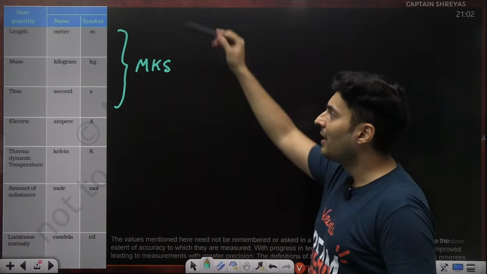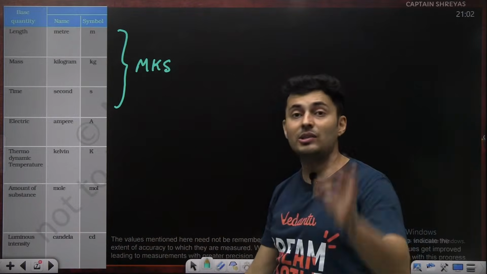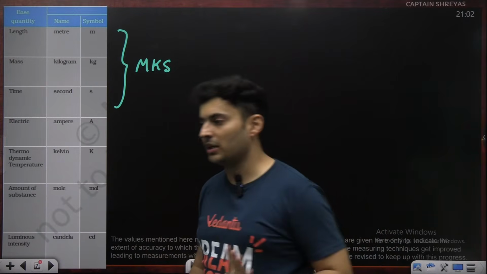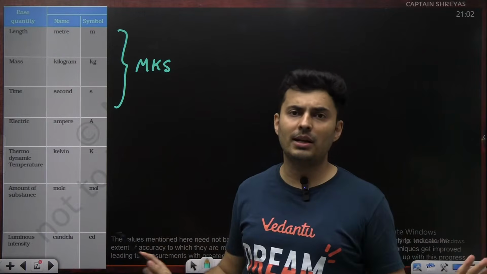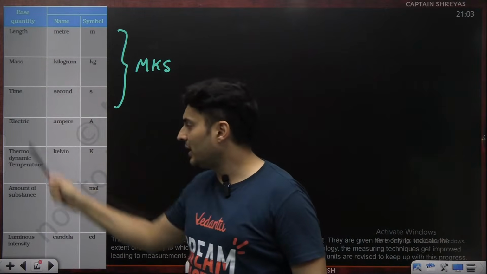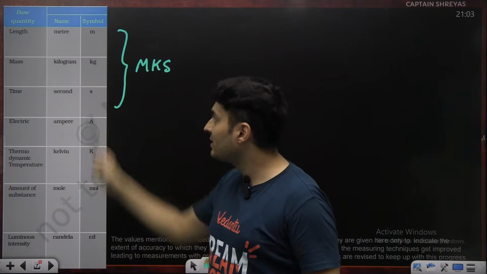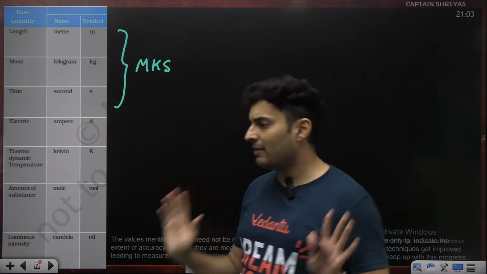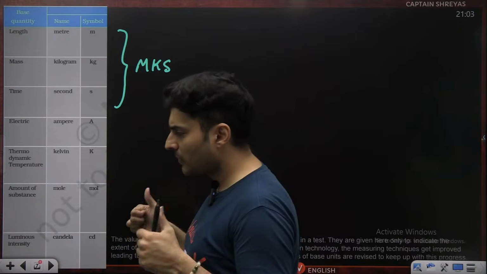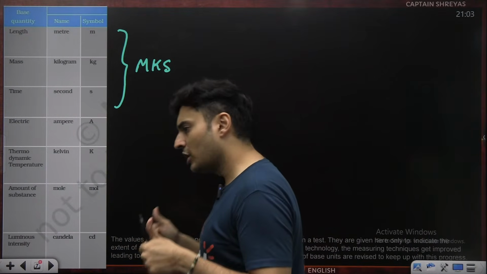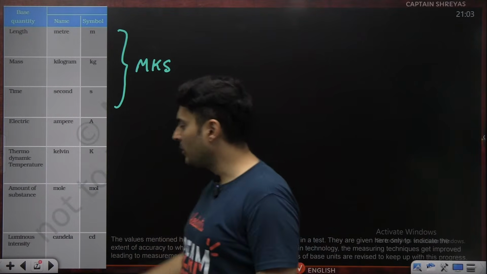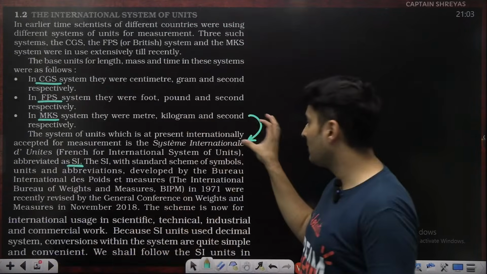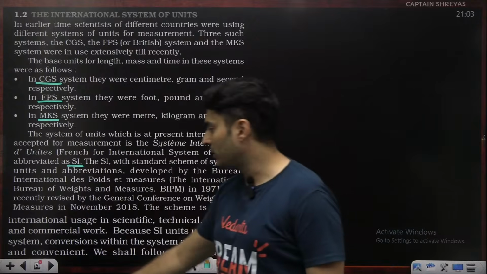Okay, so these are the seven base or fundamental quantities and their respective units. Everybody should memorize this. What are those quantities? What are those units? And what are their symbols or abbreviations? Till this point, everybody clear? Cool? Yes? Awesome. Understanding till this point? These are a part of the SI system. Please mind it. This is a part of your SI system of units.